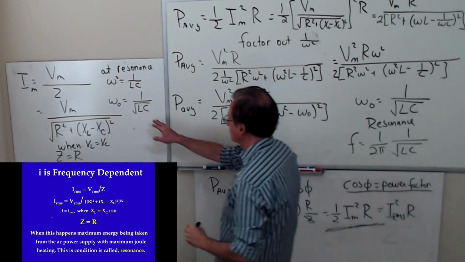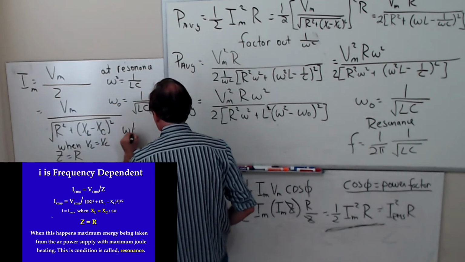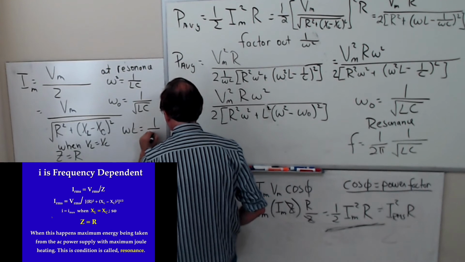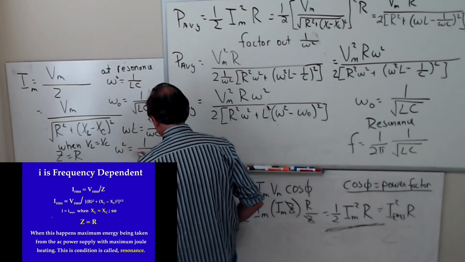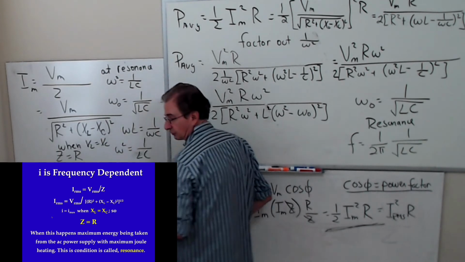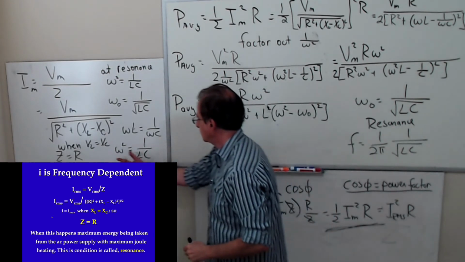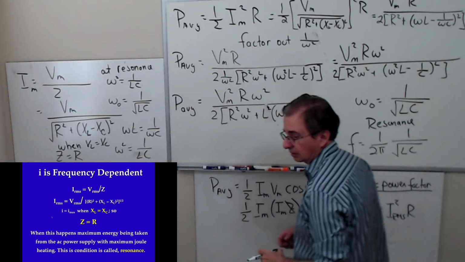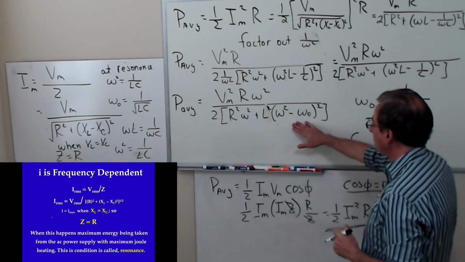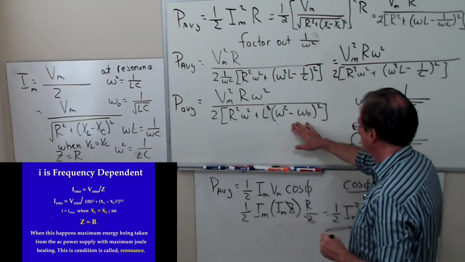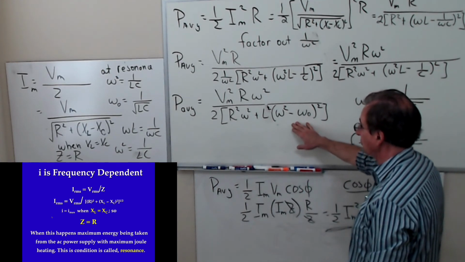Now, I can also obtain this by setting this equal to 0, which means omega L equals 1 over omega C, and I'll get omega squared equals 1 over LC. So I can get it straight from there when we're at resonance, because these two are equal to each other. Does that make sense? And so this is a common way to write the power. And in the lab, the power expression will be written this way.